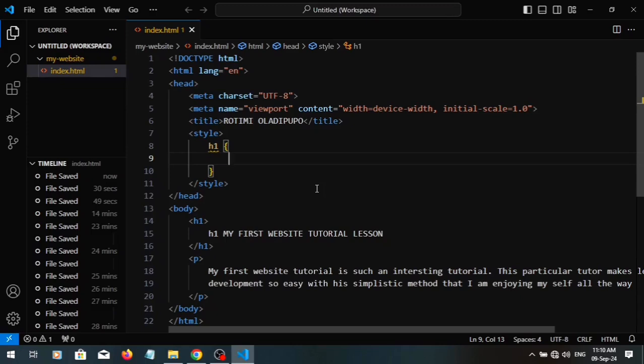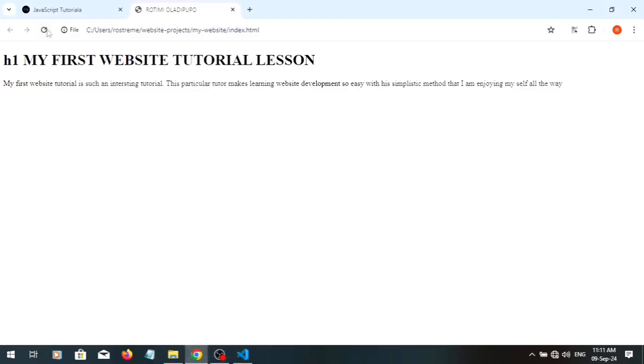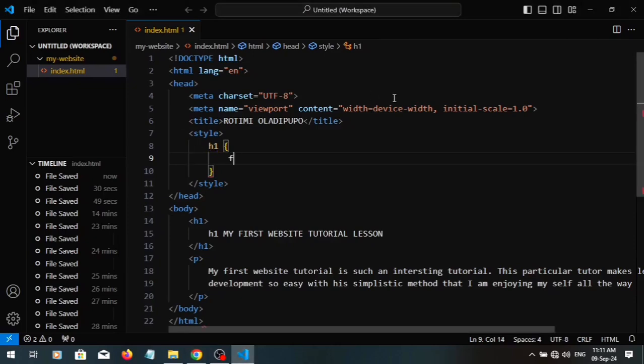Then after you have done that, if you click Ctrl S and go back to your browser, nothing would have happened. You can see that nothing is currently happening. But if you go back to your code like this and type font size,